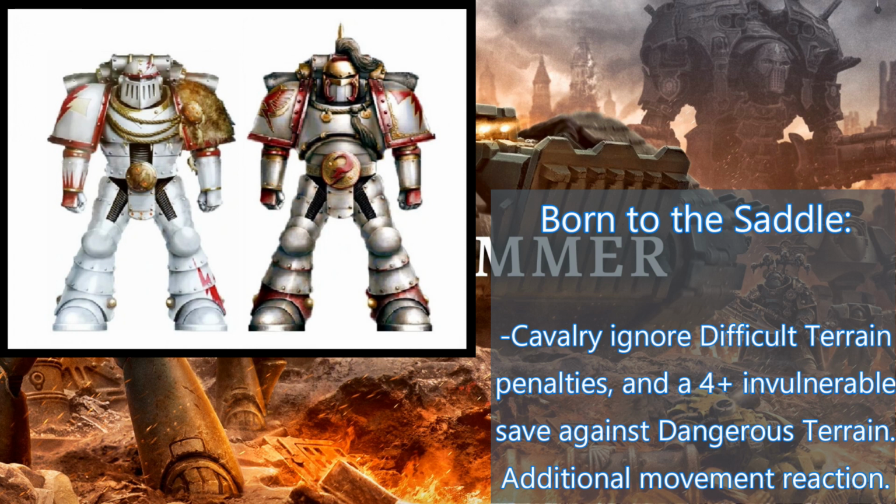The next one is Born to the Saddle. Cavalry ignore difficult terrain penalties, and you get a 4+ invulnerable save against dangerous terrain. You also get an additional movement reaction. Now, I say this is underwhelming because cavalry suck. They are not good in this edition of Horus Heresy, and the main cavalry this is obviously going to affect is going to be bikes, jet bikes, and land speeders. And, well,